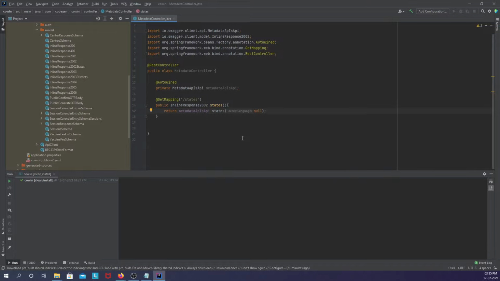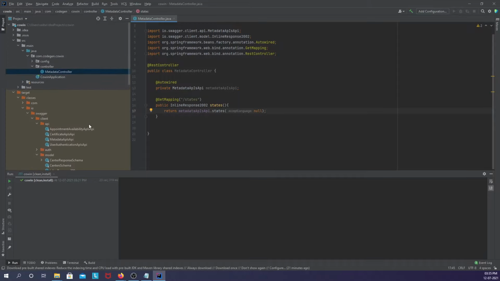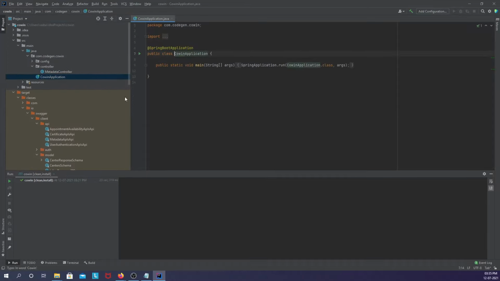So once we start this application and hit /states on localhost, that should invoke the metadata API states, which is bound to the Cowin API. Let me start the application. So this is the Cowin application. I'm going to run it as a Spring Boot application.